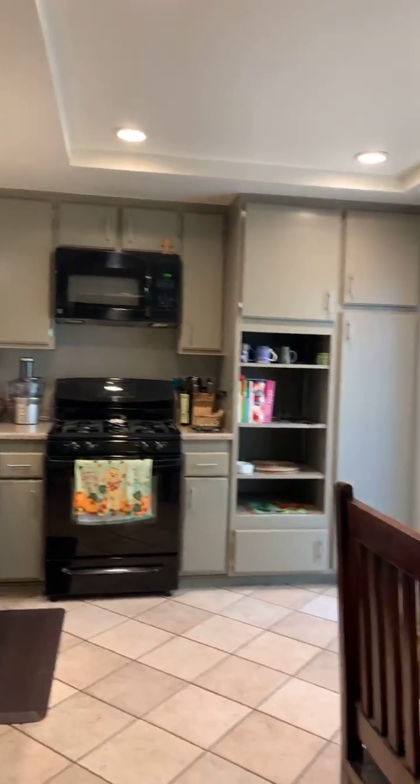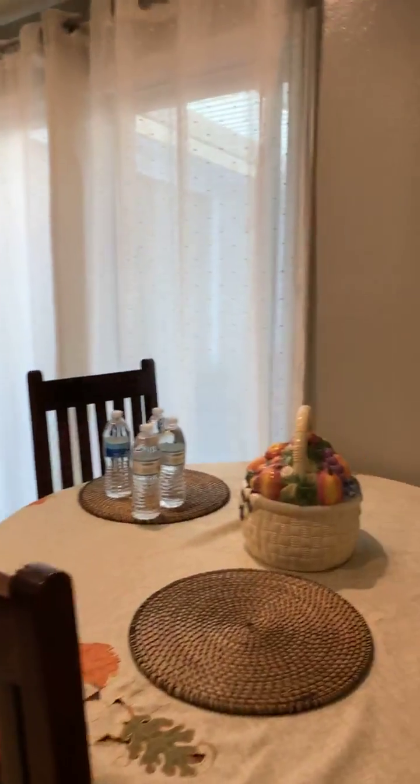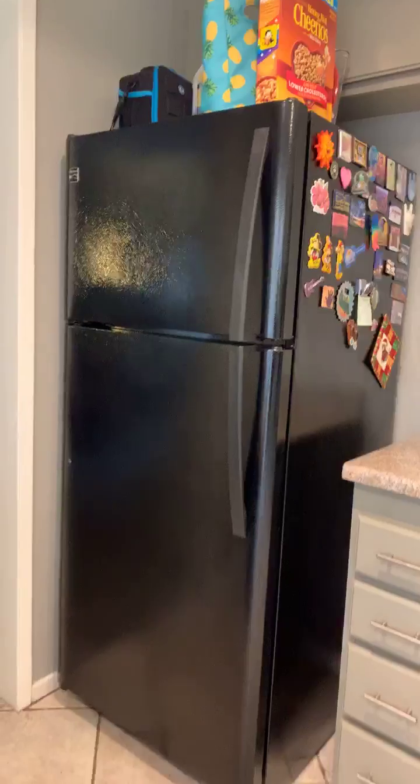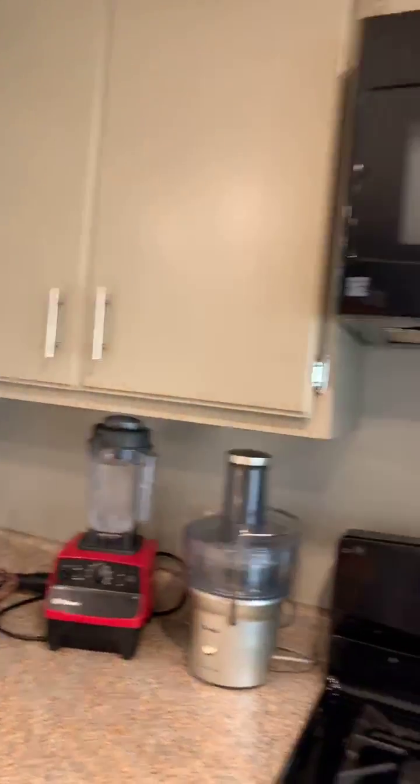This is a nice patio entry right there. Okay, but you also have another entry as well. This is a very nice kitchen with canned lighting. The refrigerator is included in here, okay, which is a nice added bonus. So while you're cooking, if you have your kid playing around, they can always play right there while you're watching them, okay? So right here,